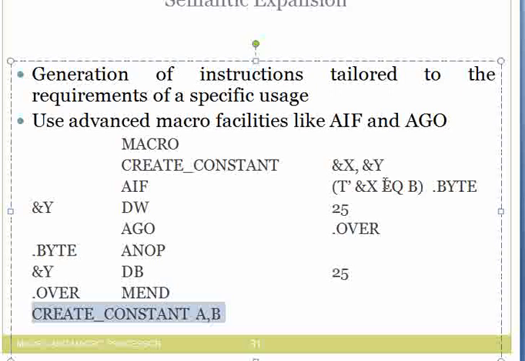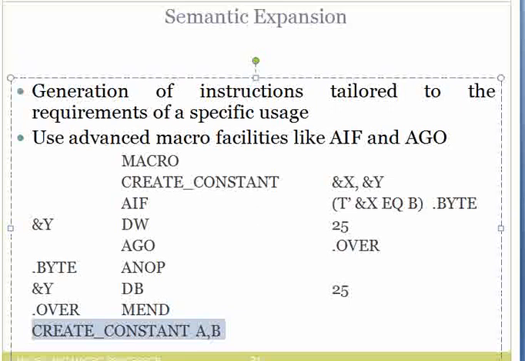Basically we are simply checking the type associated with the first parameter. If it is of type byte, then the second actual value will be declared as a byte, or if that is not the case, then it will be declared as a word. So these are some of the advanced macro facilities that a macro can contain.